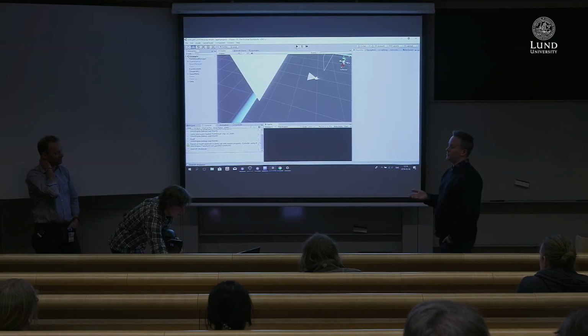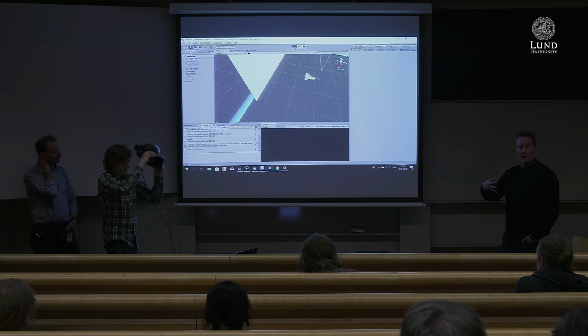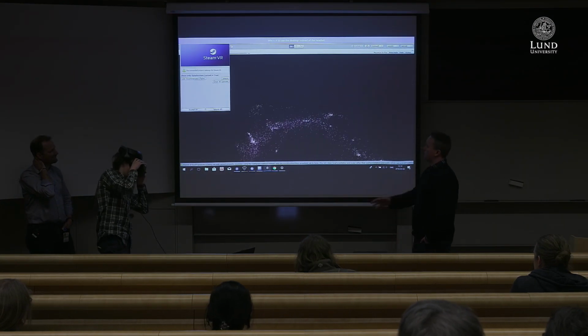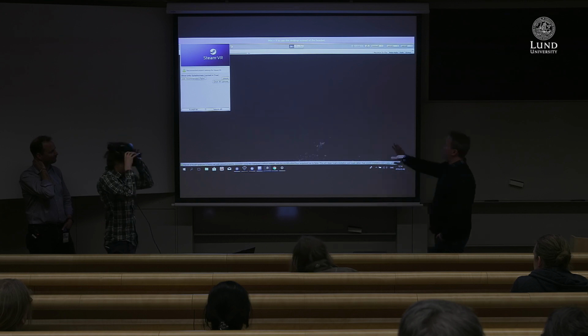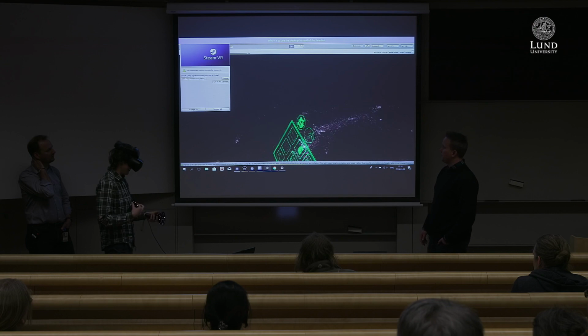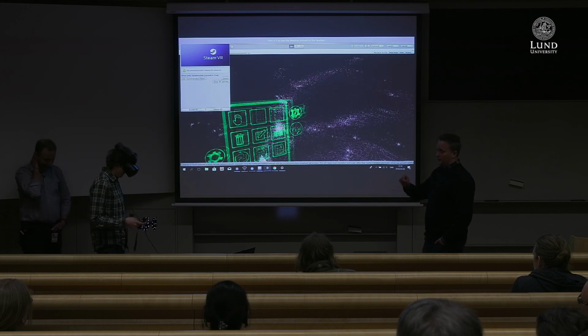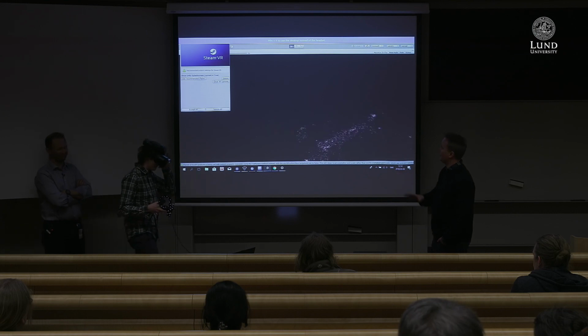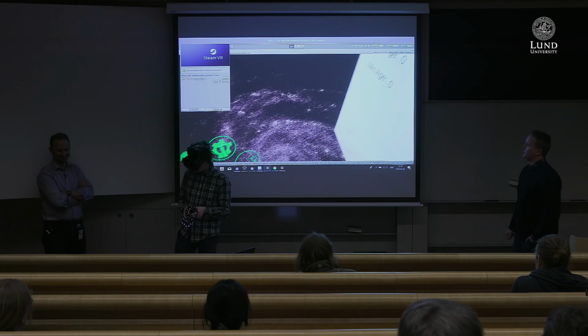We have some ideas how to do this in a seamless way, how to scale things, only show the things that you are looking at, using octree structures and these kind of things. But this for now is a demo of a galaxy that will look and feel like the Milky Way, okay? To actually appreciate this, you have to try it. That's why we have a lunch break. So please go up and try this one, okay?